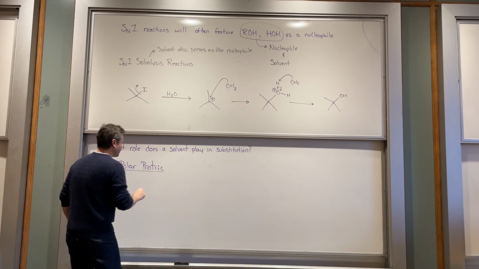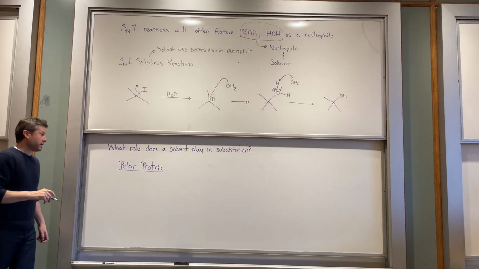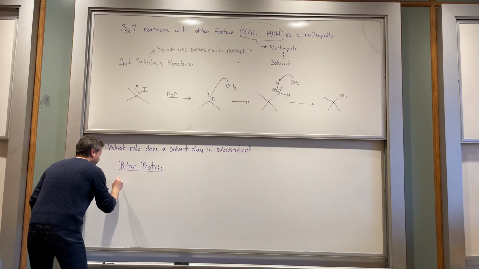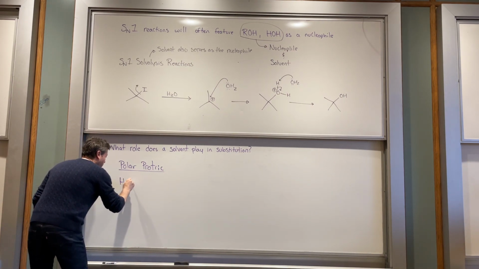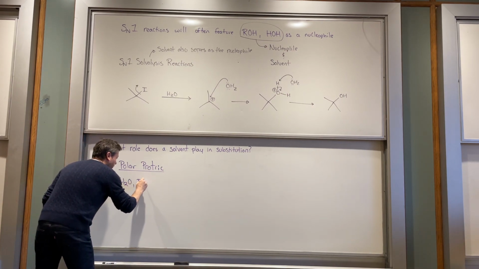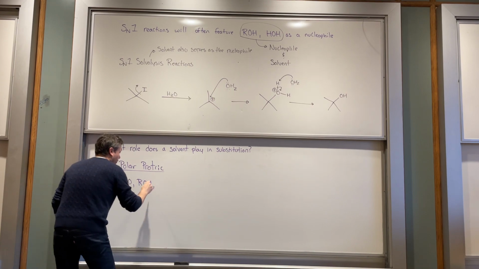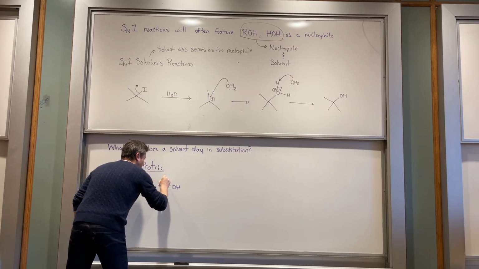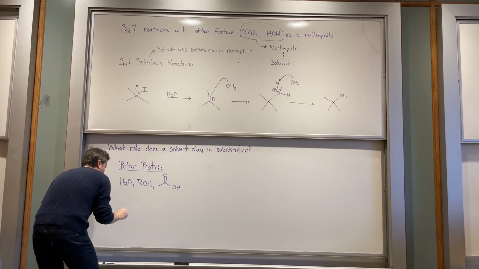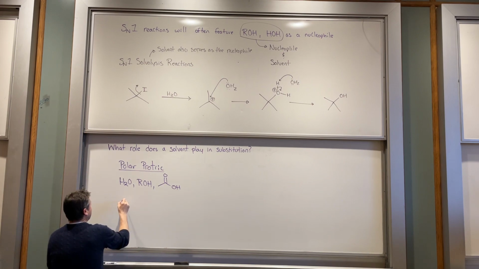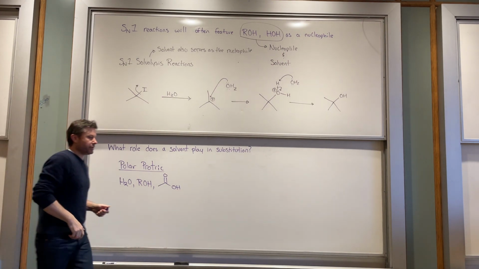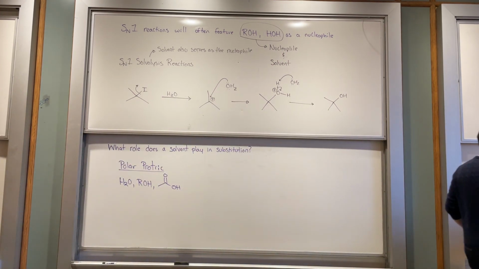And the first class is going to be polar protic solvents. These are polar solvents that have an acidic proton. So these are going to be things like water, alcohols, acetic acid, and then there's another one, well, I'm not going to actually put it up here. We'll just leave it at that. All right, and so if you look at these three solvents,